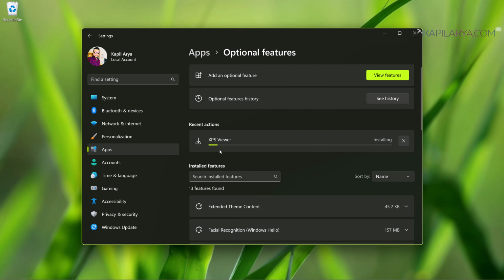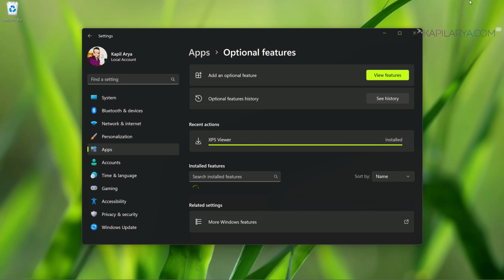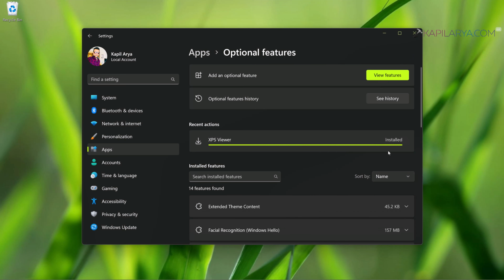And here you can see that under Recent actions, this XPS Viewer feature is now installing. It may take a while to install these features. Make sure your system remains connected to the internet while you are doing this. So after a while, we have seen that the additional feature we selected here, which is XPS Viewer, is installed